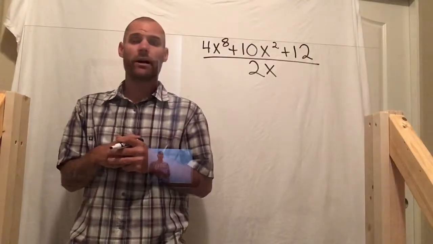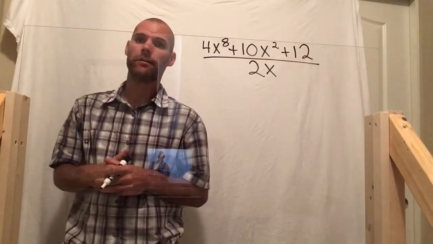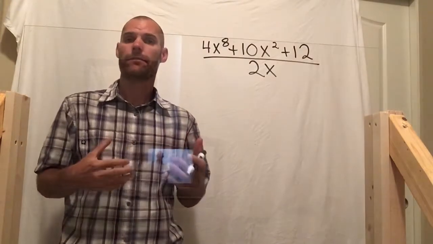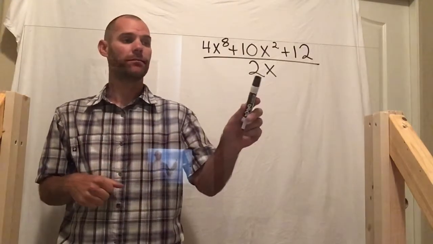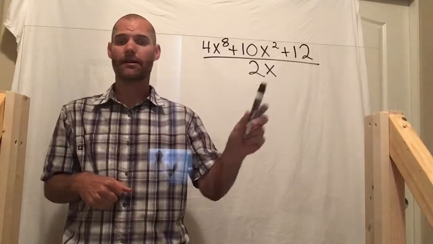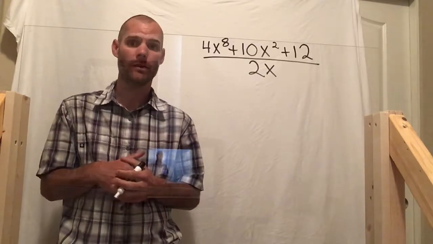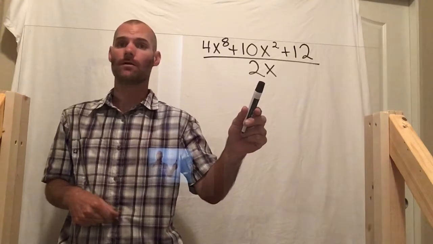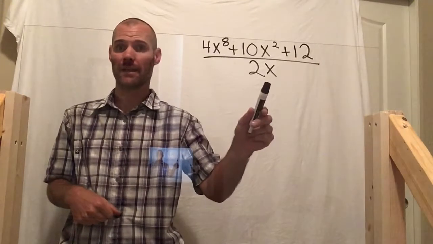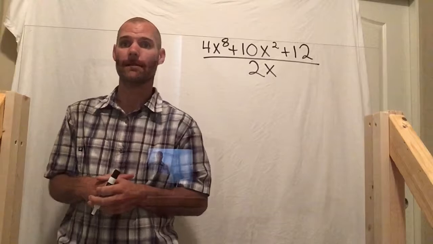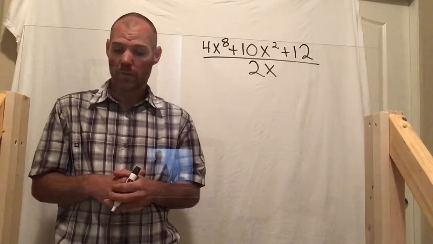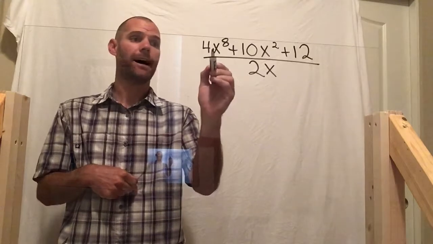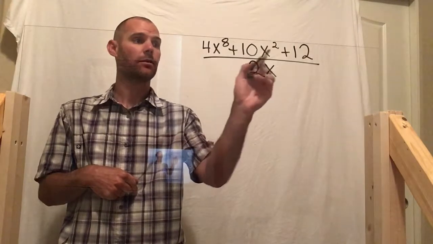All right, so here we go. We're going to do some polynomial division. So we're going to talk about three different methods. The first method we can use if my denominator, or the thing that I'm dividing by, is a monomial, which means one chunk. Or basically, if there's no plus or minus sign separating anything in the denominator or what I'm dividing by. Okay, what we can do from here is I can go ahead and just divide up these three